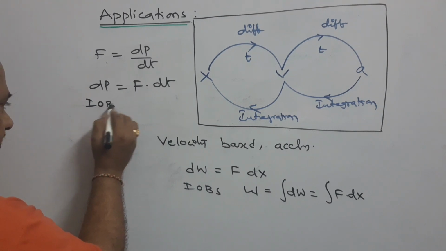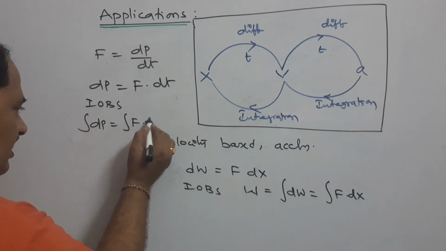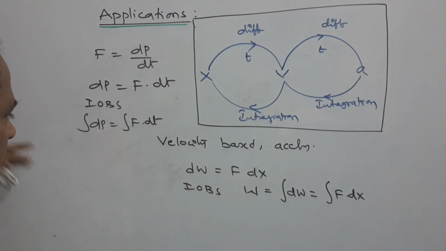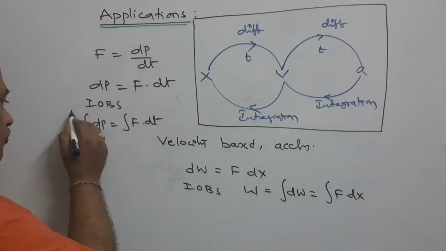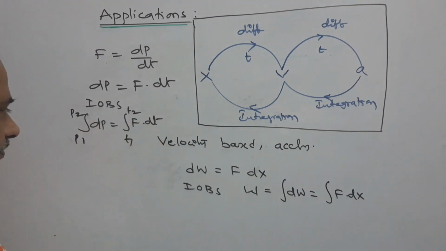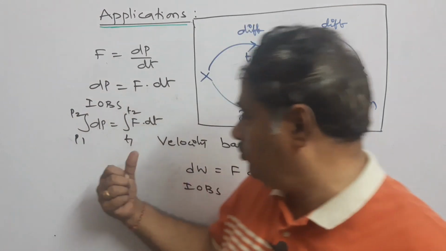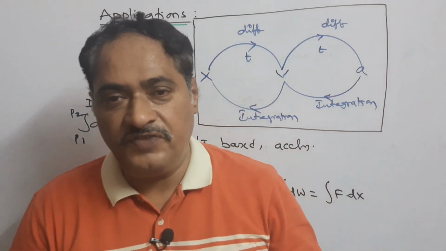Integration on both sides. Integral dp equal to integral F dt. Once again, here p1 to p2 momentum, here t1 to t2 time. Hence you are able to get the change in momentum, that is equal to integral F dt. See,